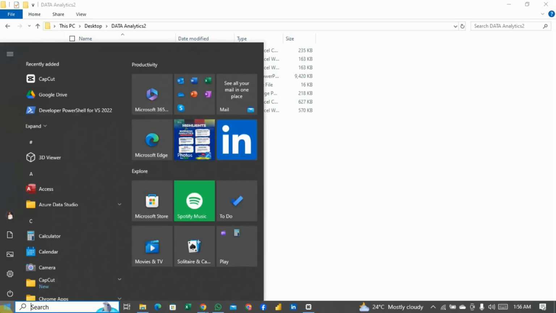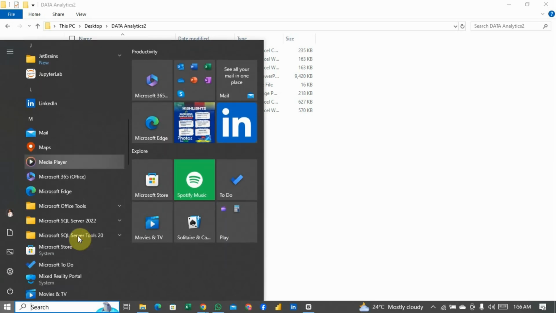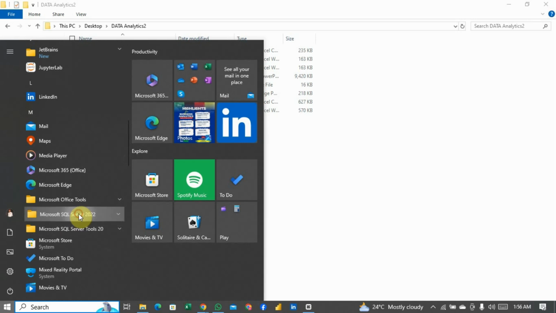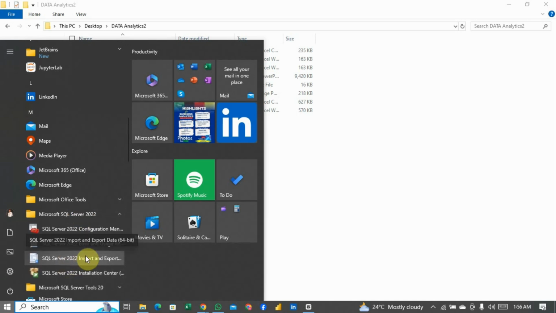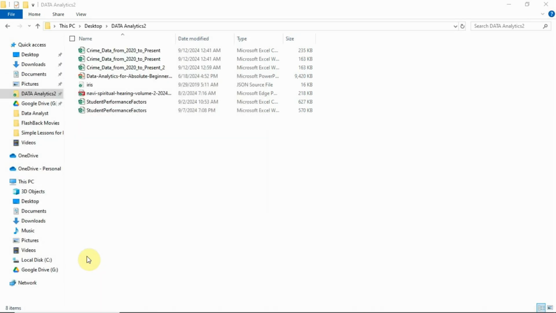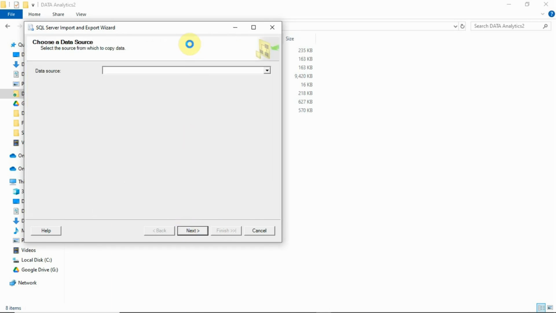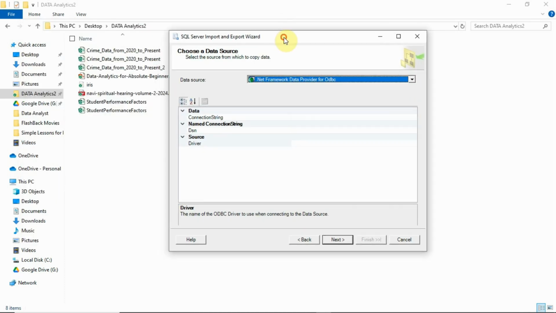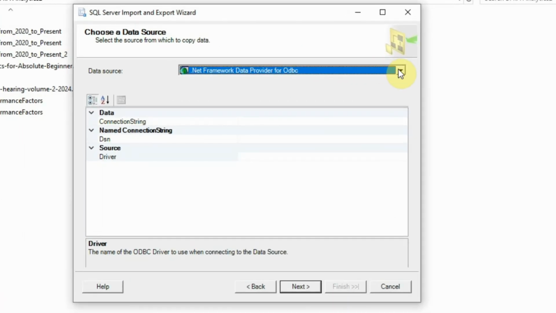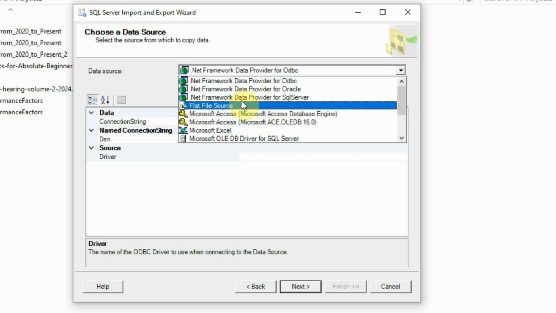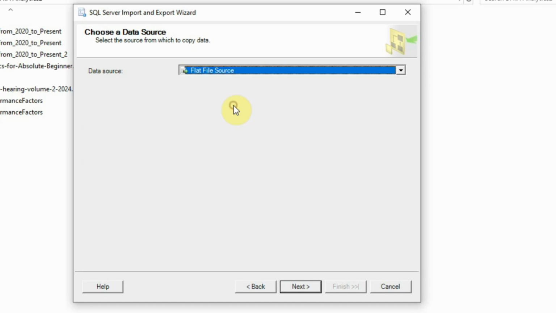You go on the Windows menu. We are looking for our Import and Export Wizard, which you will find in your Microsoft SQL Server folder. So I'm going to navigate my way to look for that file. Now this window is where I'm going to choose the source of my file, which is the file itself. And since it's a CSV file, I'm selecting a flat file source,